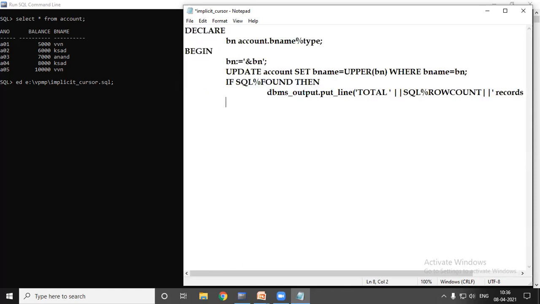Now the else portion. If the SQL percentage found attribute returns false, then it will go into the else portion. Here we are printing one more message, DBMS underscore output dot put underscore line: given branch is not available.